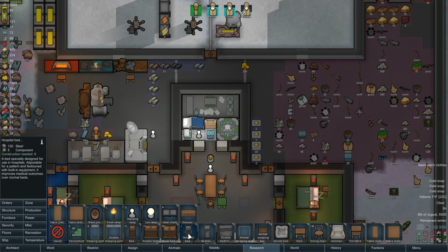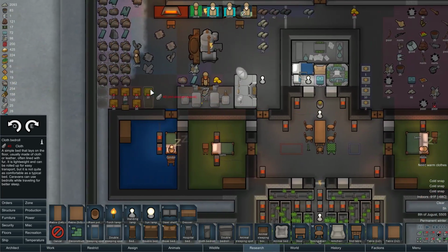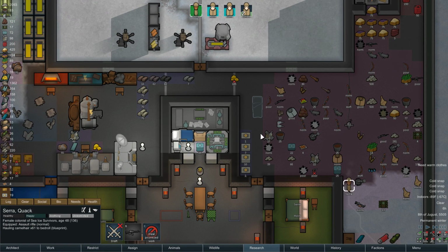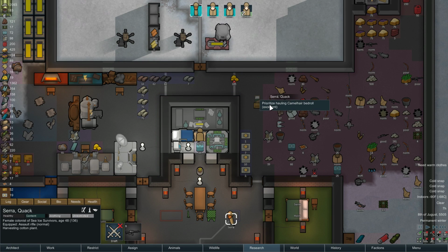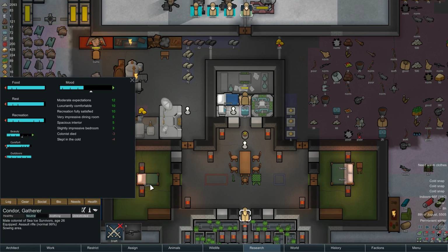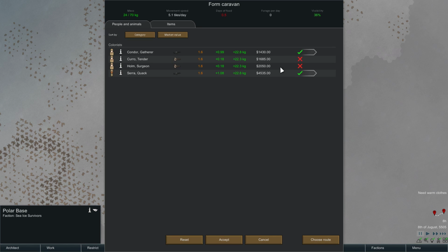Let's go ahead and make another bedroll. Kind of out of cloth. Make a bedroll out of camel hair. Why not? A little weird, but it'll work. Alright, I'm going to let Condor get a little happy. Okay, this looks good enough. Let's go ahead and send Condor and Serra with...